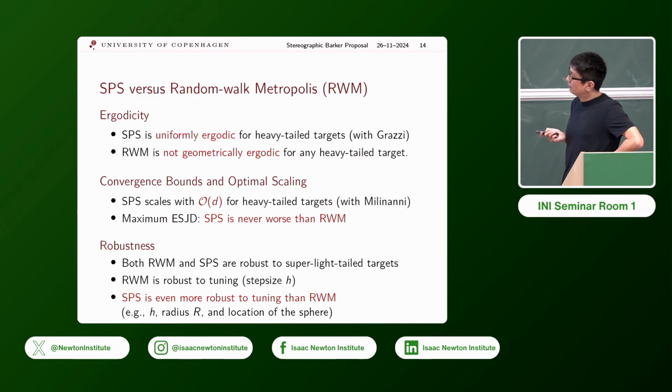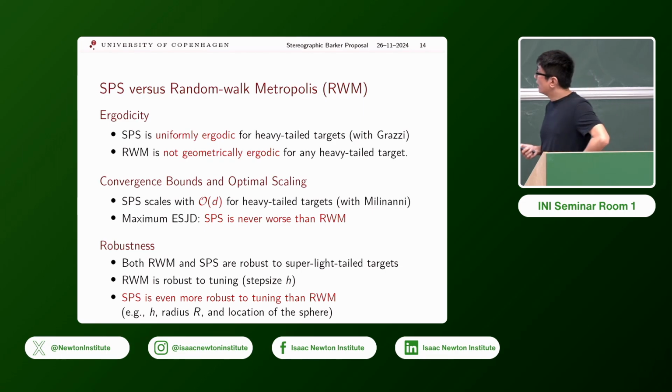And maybe kind of surprisingly, this SPS is even more robust to tuning than random walk Metropolis. The reason is, for SPS, you actually have more tuning parameters than random walk Metropolis. For example, you have this local step size H, and you also have a radius R. And if you want, you can also introduce another tuning parameter, which is the location of the sphere,